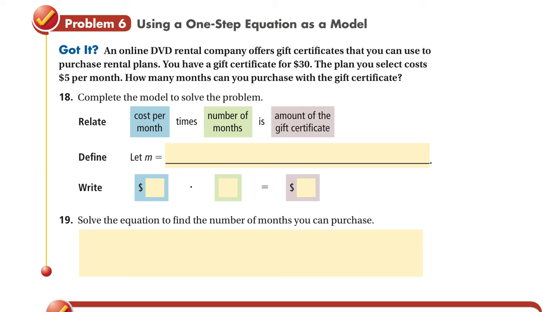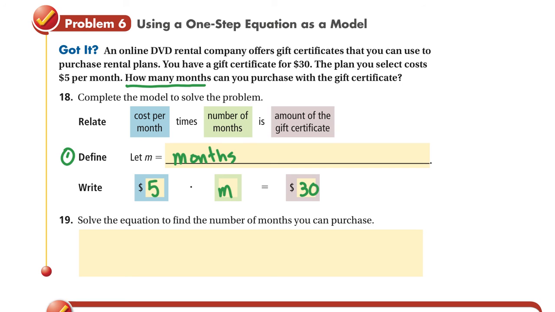So the first thing to do is relate what's happening, okay? Usually the first thing I do is I define a variable in these problems. The variable is what we are looking for, what we are trying to solve for. It says how many months at the end of this problem. So I'm going to let M stand in for months as my variable. And the cost per month times the number of months tells me the amount of the gift certificate. So my equation is going to be $5 a month times M months